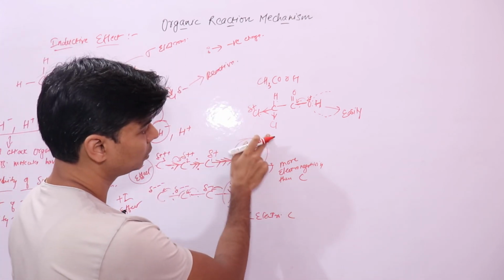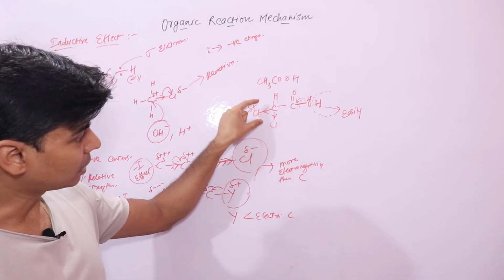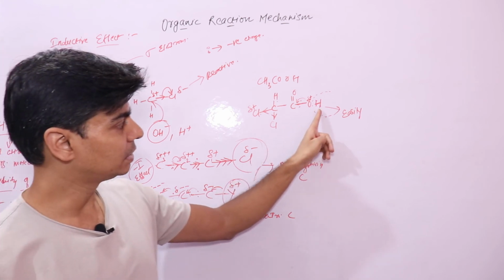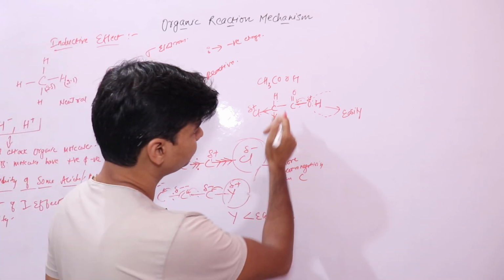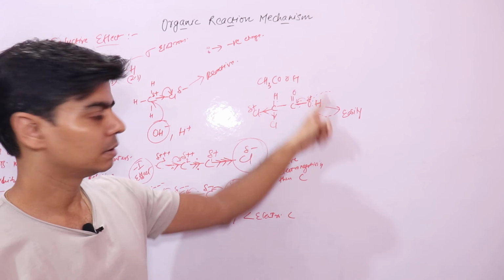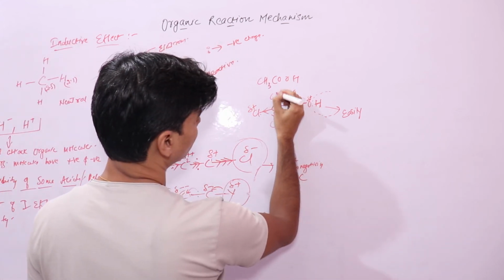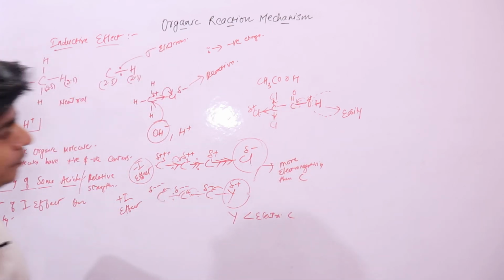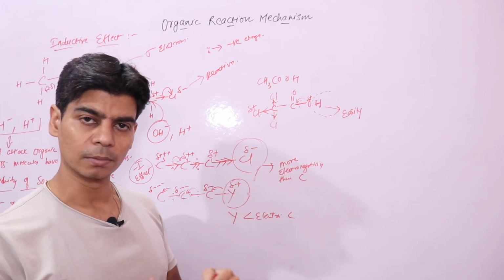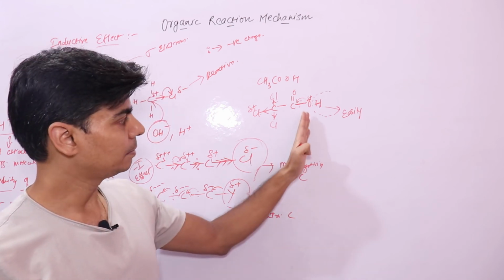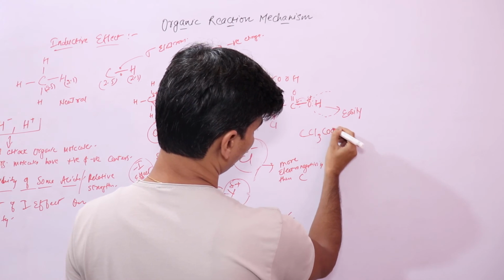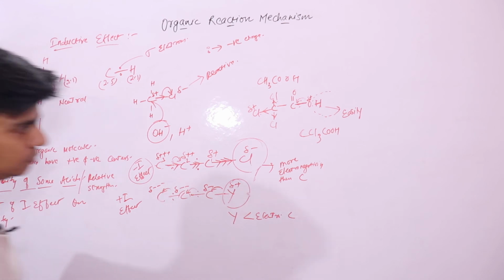So if I have two chlorine groups in this methyl group, which are electron attracting, making this oxygen more positive, or it will displace electrons more away from oxygen atom, making the release of proton easier. So introduction of a group or an atom that has higher electronegativity than carbon will make the acid stronger. So if I introduce one more chlorine group here, then it will attract more electron. The electron attracting tendency will become more. So this oxygen will become more positive, thereby making the release of this proton easier. So CCl3COOH would be the stronger acid,